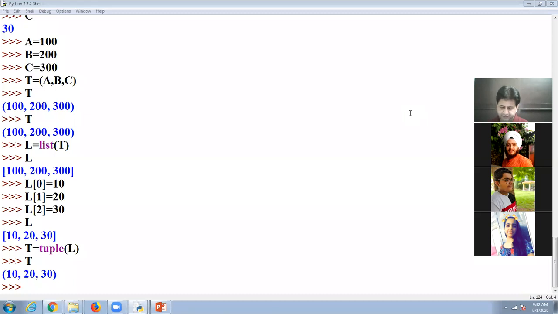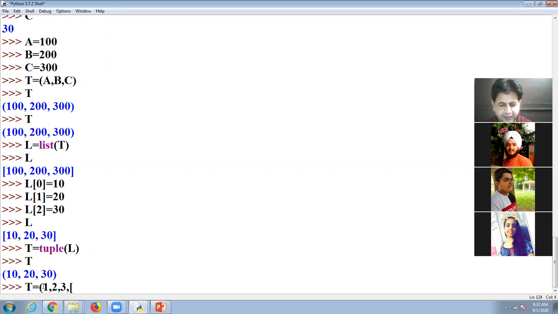Now next is, we have already discussed in any tuple we can take any list as an element. Suppose I take one tuple. Here I take 1, 2, 3.